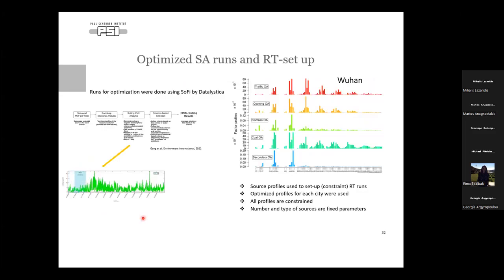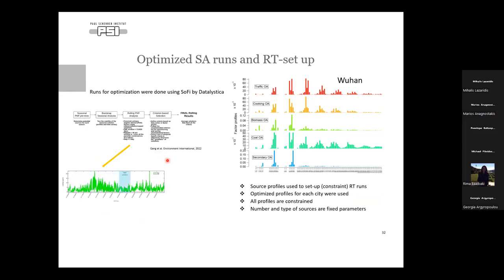So for the optimized source apportionment runs, we used SoFi by Datalystica, and we followed the procedure described in this paper by Chen et al. This is a paper that comes from a European project from COST COLOSSAL. So within this project, a harmonized source apportionment approach was developed.